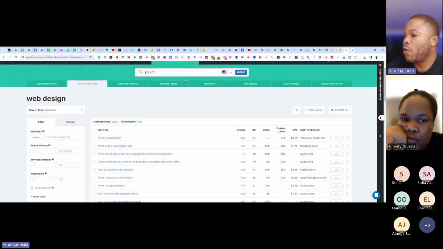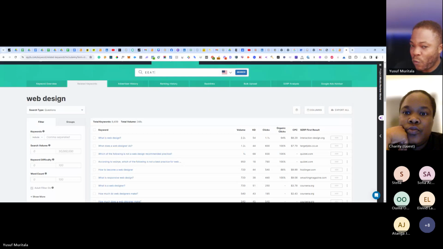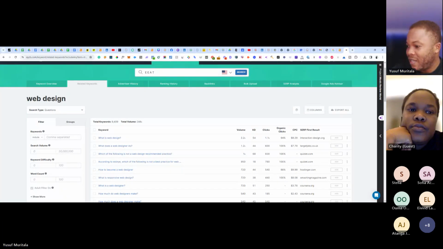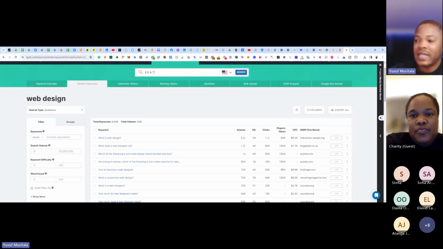So this is an acronym that Google uses to help determine what quality content is. Well, the first E is experience. The second E is called expertise. The third one, A, is called authoritativeness. So how authoritative you are, you understand? And then the last one, T, is trustworthiness. You can see these are simple words that we all know the definition of, right?